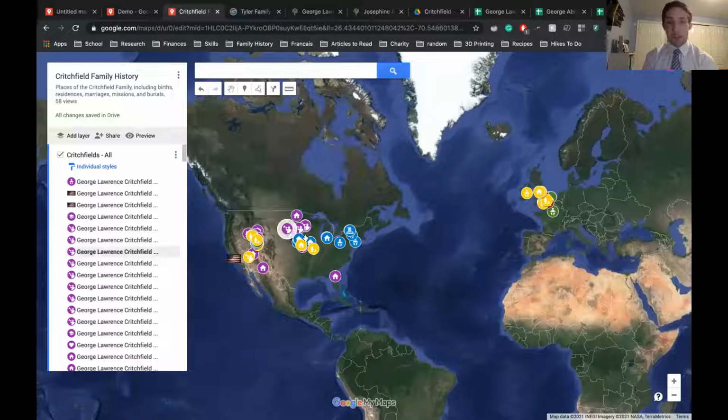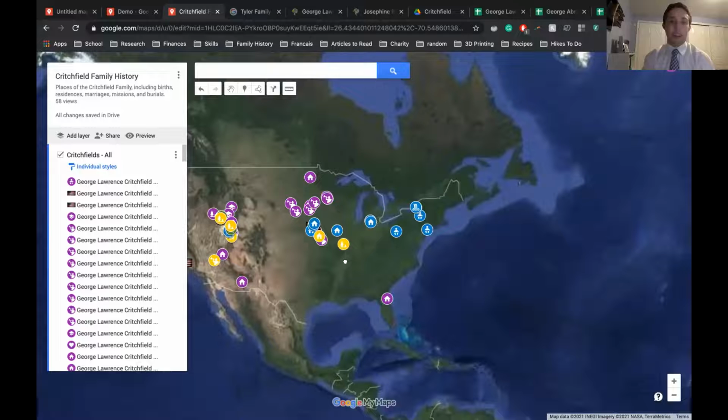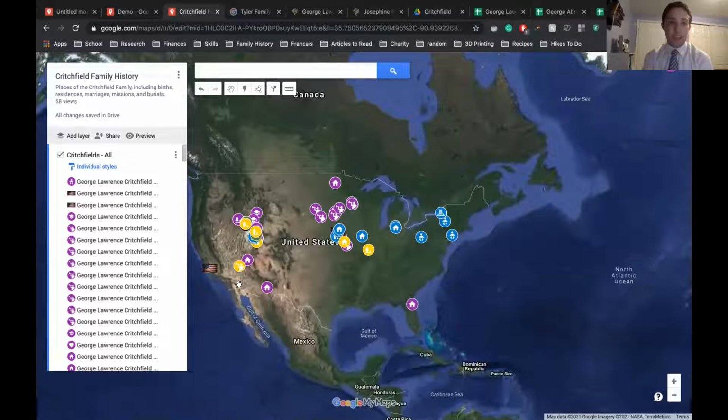When I started this project, I did something very similar to this, all manually. I went to each place, clicked the location, put the marker, and named it. That got kind of tedious over time. So if you're doing a lot of points, I'll show you in a little bit, there's an easier way to do that, but that's totally something you can do. So you can plot different locations. And this kind of helped me see too that I have,